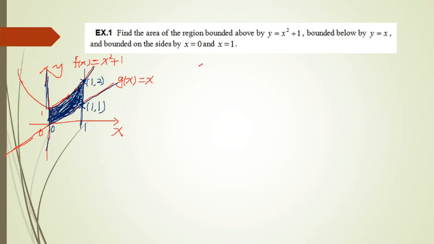It's pretty easy actually, right? We have already figured out my functions. The top one is x squared plus 1, and the smaller function is x. And here, we don't care about positive or negative. It's always f(x) minus g(x). What are my a and b? a and b are x values. a is 0, b is 1, right? So the area A